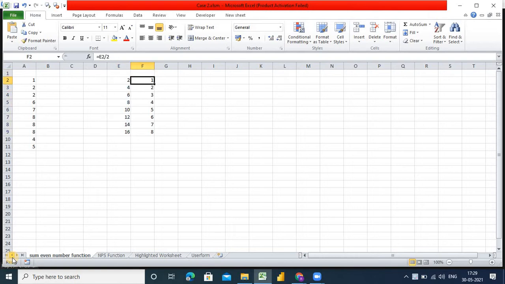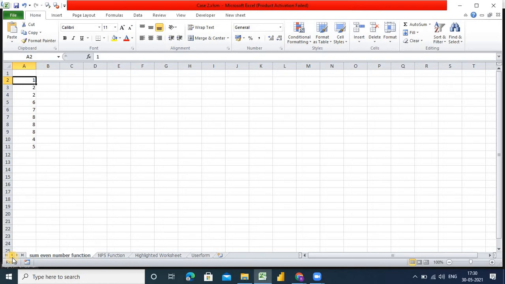If it does not give me the exact value, and if it gives me a decimal value after the division by 2, then this is not an even number, like this one. This is giving me a value in decimal, so all these values are not even values. This is called an odd value, if the value gives the output in decimal after the division by 2. Now hope you understand the difference between even and odd numbers and how to identify them. Now let's see how to apply this in VBA using a function.